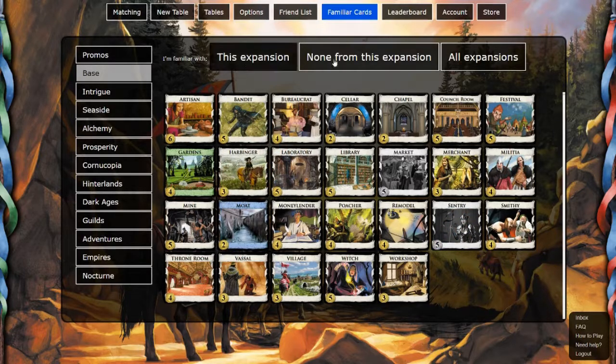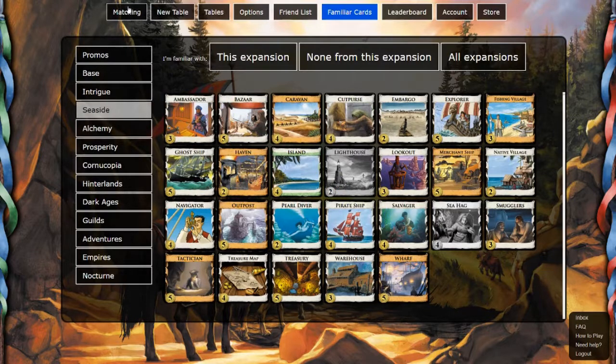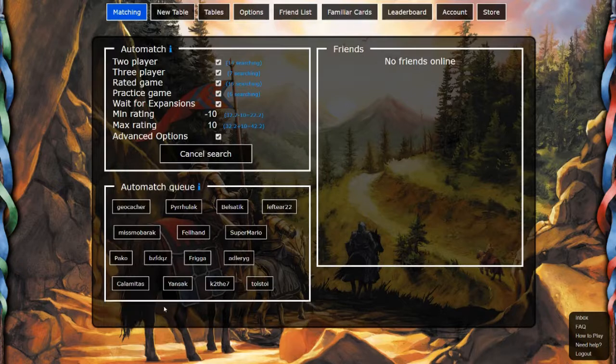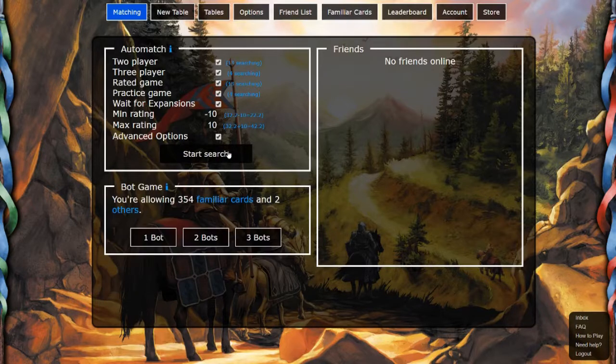So if you want to play with expansion cards, but you haven't purchased a subscription, then you can come to matching. You can check wait for expansions, start a search, and it puts you in this line in the queue to be matched up with players starting games, creating tables, and since you're waiting for the expansions, it'll wait until you're able to get into a game with an expansion. Okay, so we're going to go ahead and jump out of the queue, though, because we don't want to start